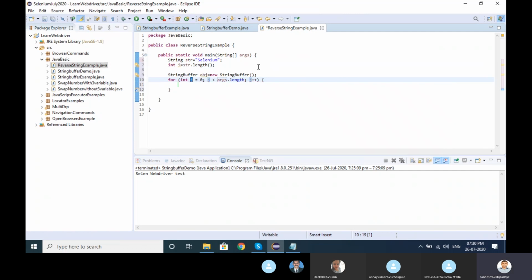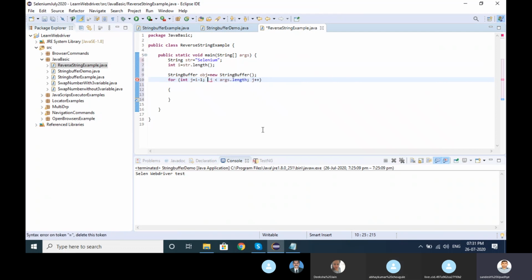In Java, if you type only loop and press Control plus space, it comes automatically. So integer j is equal to i minus 1, so whatever value comes from i, it will decrease one by one.